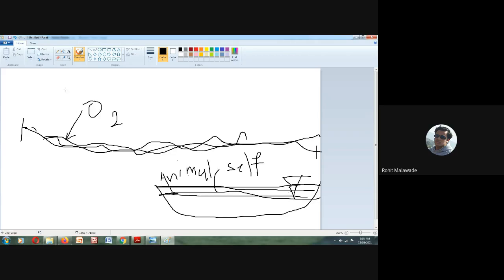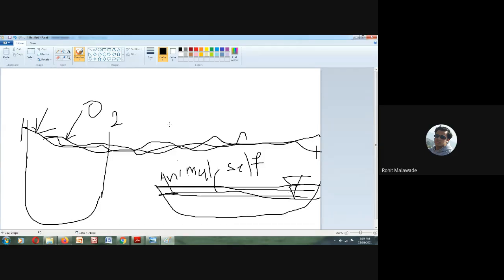But if you wash the animals in rivers, since there is a continuous oxygen flow, if you are washing the animal at this particular portion, the water might be impure till this portion. But once it starts to flow, due to the oxygen transfer, the river water has the capacity to purify itself again. The water may purify itself.